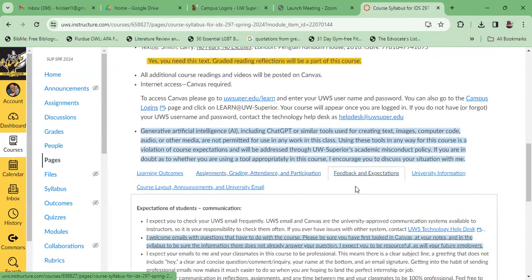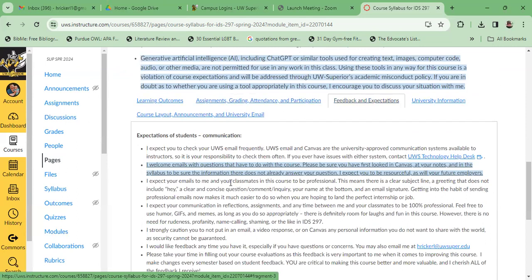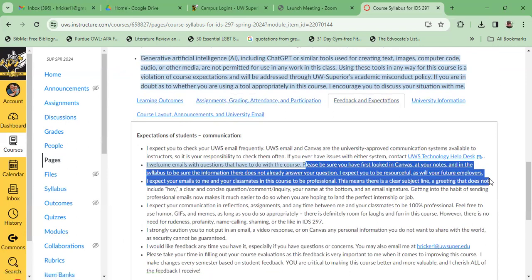Feedback and expectations. Basically, if you have a question that has to do with the course, make sure you've looked first in Canvas at your notes and in the syllabus to be sure the information there doesn't already answer your question. So I'm asking you to be resourceful just like your future employer will. And then just keep things professional.